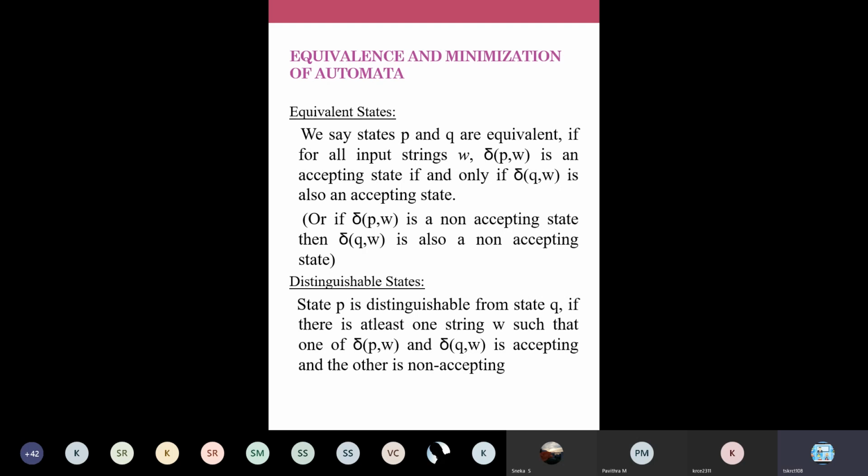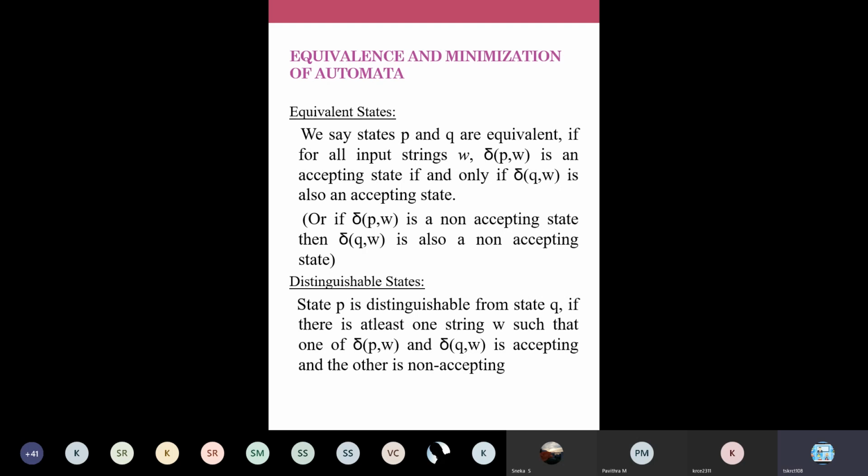Comparing this problem with all the previous problems: in the previous problems, you would be given a regular expression and construct an automata, or be given a DFA and construct a regular expression. Like that we were converting one into another. But in this question, your given problem will be a DFA and your result will also be a DFA. We are going to convert that DFA into a minimized representation of a DFA again. You are going to construct one more DFA in a minimized notation.